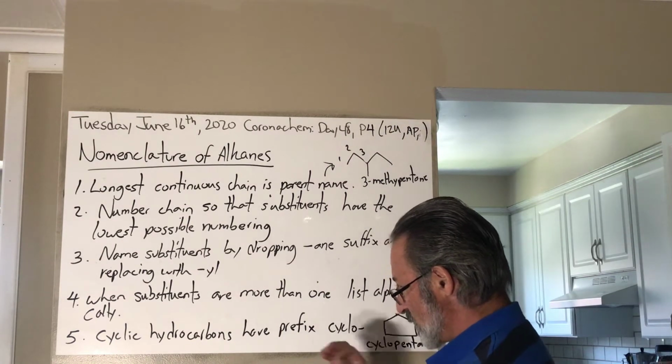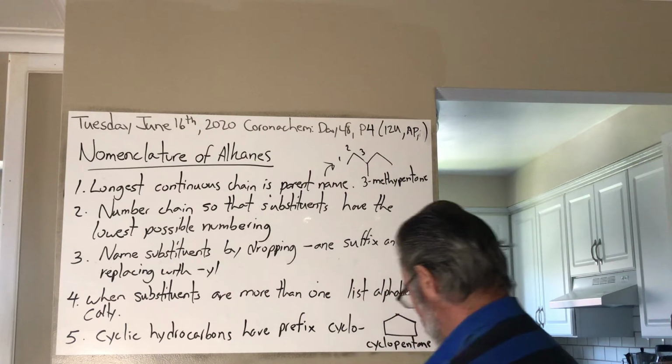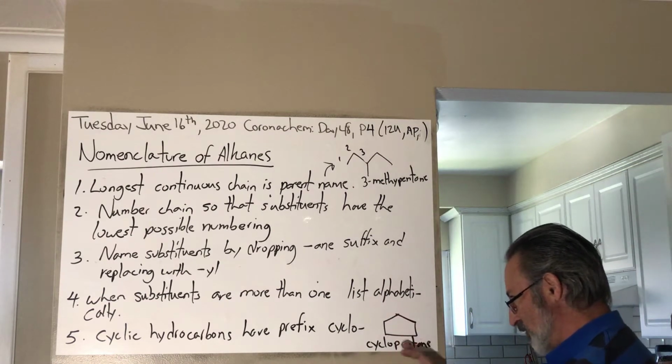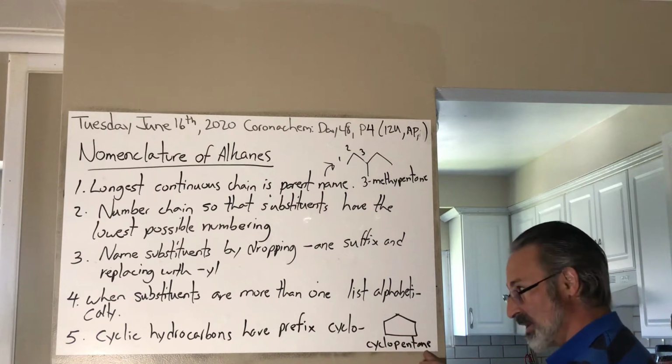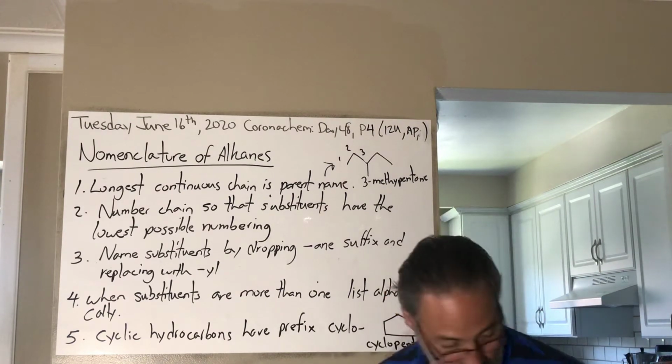The fifth rule is cyclic hydrocarbons have the prefix cyclo on them. So for example, 5 carbons in a ring are called cyclopentane. Let's look at some further examples